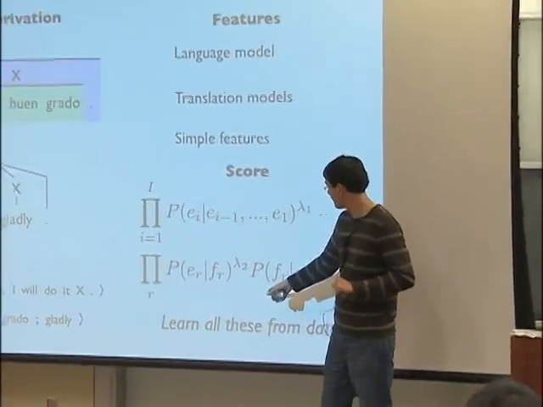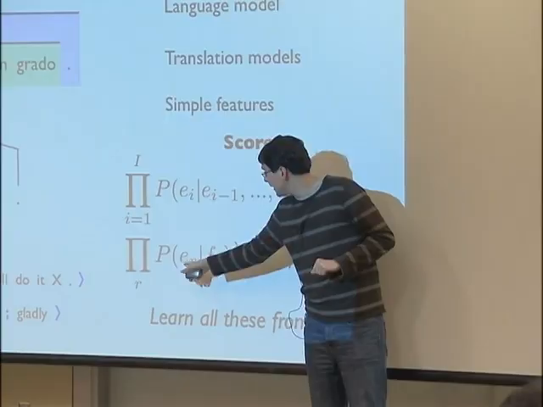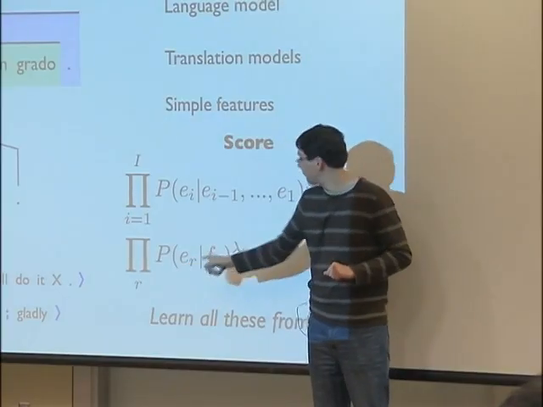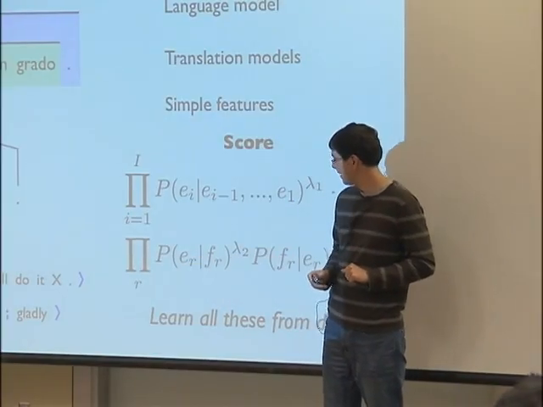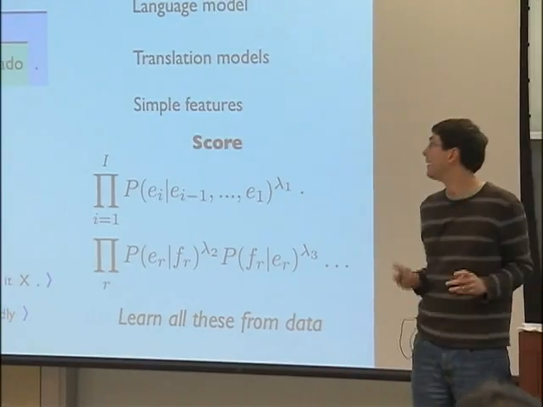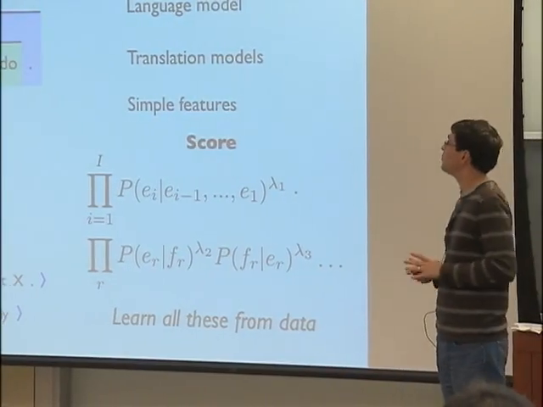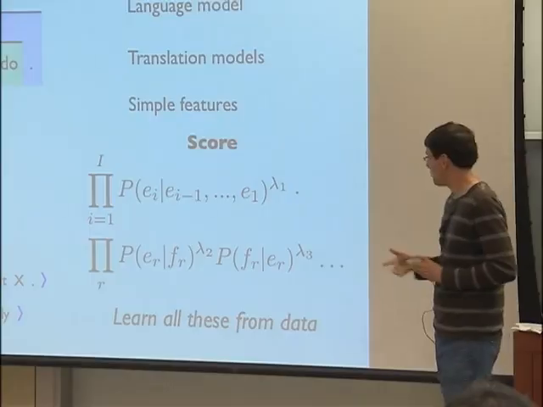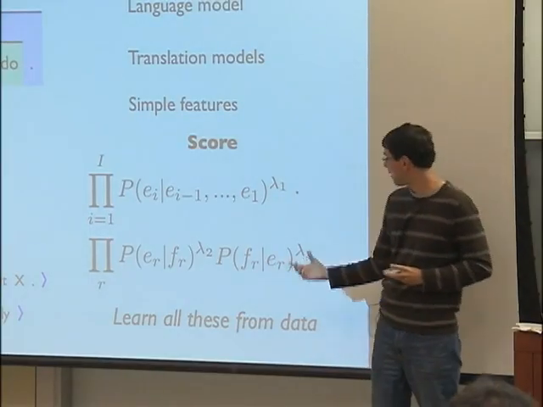And then we have things like, what's the probability of the English side of each rule given the foreign side of each rule? And it's also nice if, when we translate something, were we to translate it back, we'd get something close to where we started. So in fact, we include in our models things like,